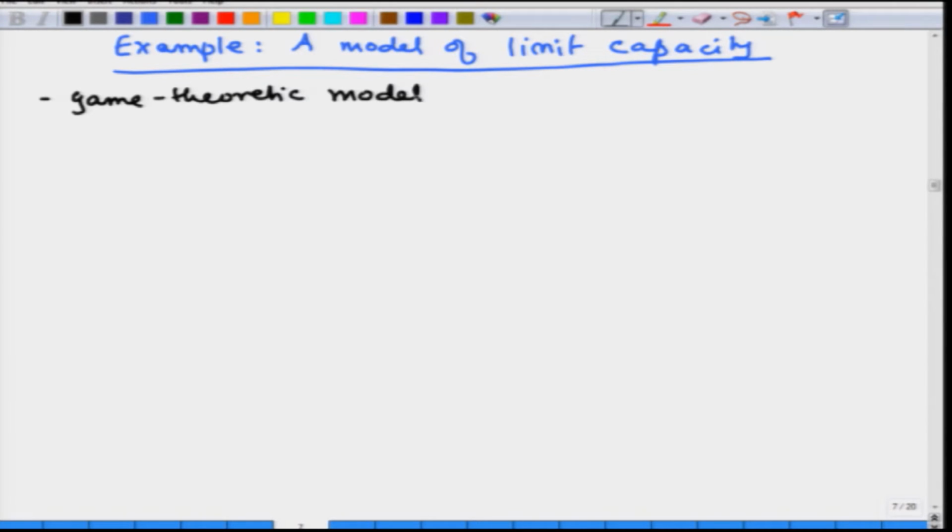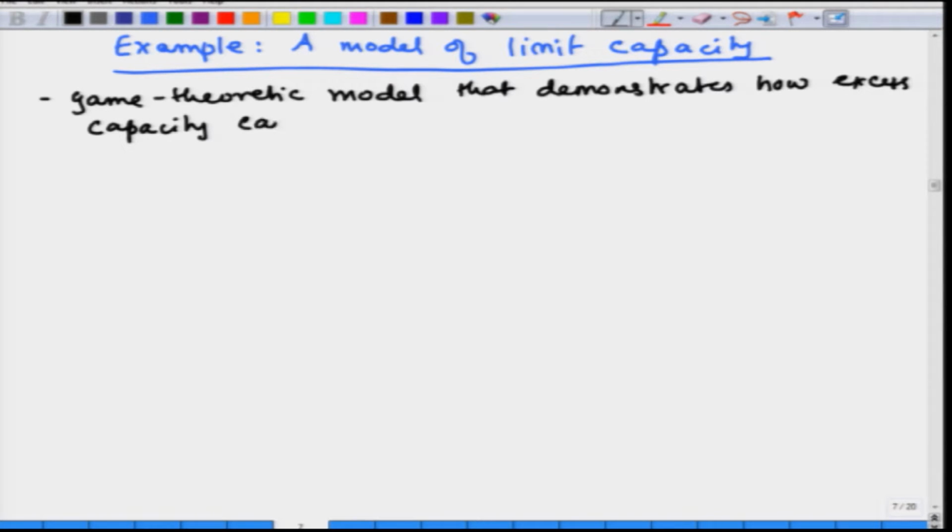This is a game theoretic model that demonstrates how excess capacity can limit entry in an industry, right. So, the setting that we have is there are two firms which are contemplating entry into